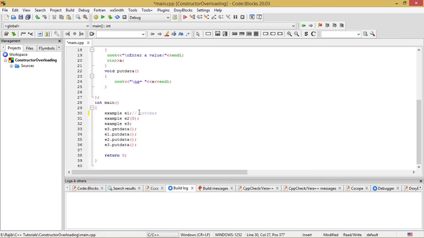Suppose I'm writing like this: invokes no argument constructor. That is the constructor which I have defined in the first instance, the no argument constructor, the constructor having no parameters associated with it. So automatically we can visualize from this statement that the member variable a will get a value of 0